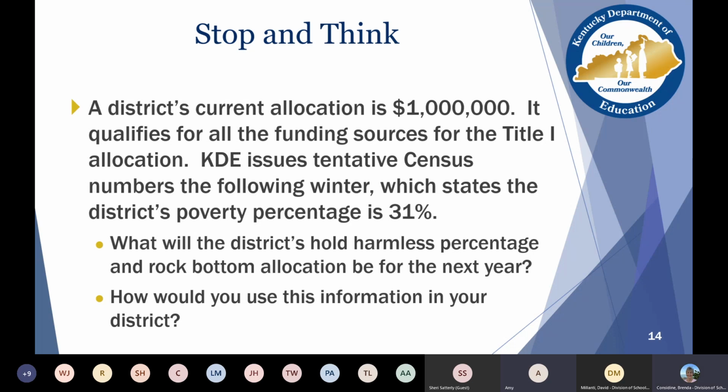Right. I think when it comes to personnel, using the hold harmless really helps, because that's what schools really need to plan ahead for, is personnel. PD can fluctuate. You can determine, yes, we can do that this year with the Title I funding, or maybe we're not going to have enough for this year, but we can maybe put it on the radar for next year. But personnel is something that you really want to budget ahead of time for, or at least I always did.